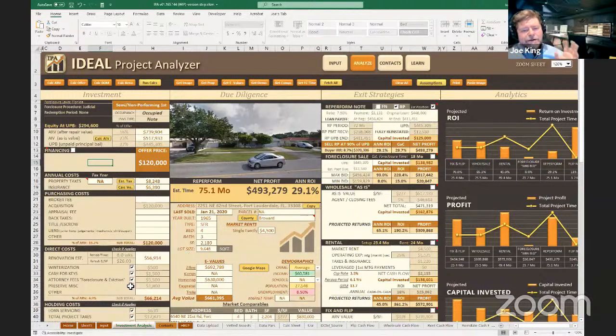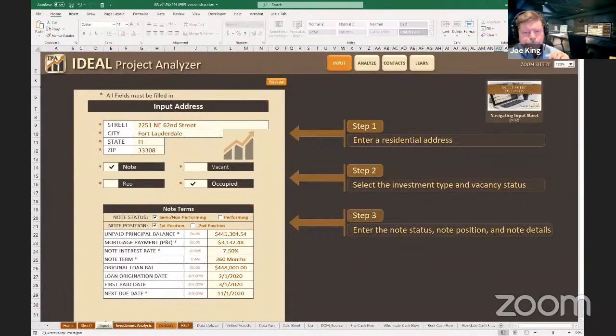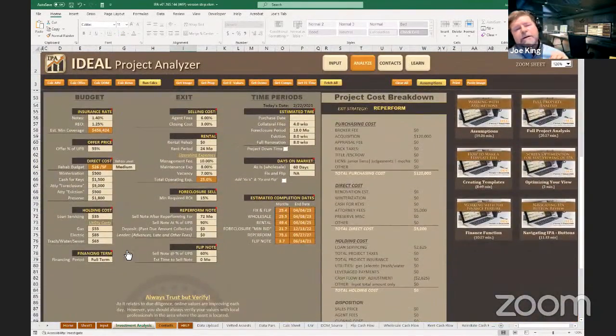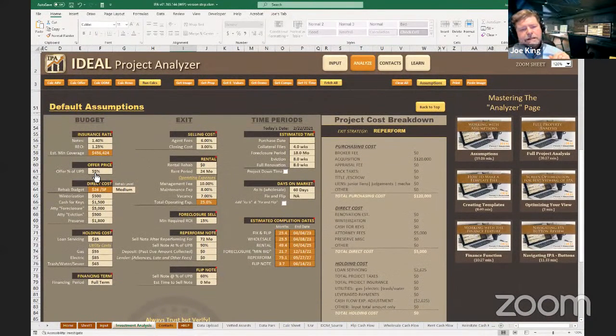I would guarantee you, though, excuse me. Oops. Go back to the input sheet. I'm sorry. We're going down here. I would guarantee you, though, that this offer price at 55% is probably looking more like 80% instead of 55,